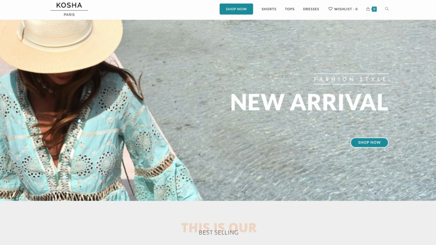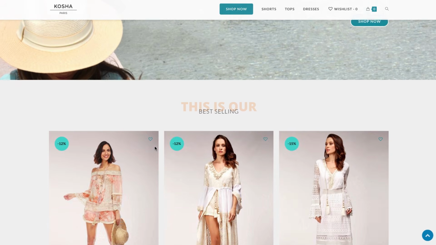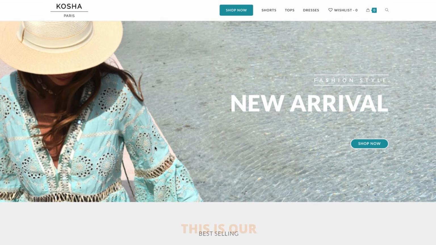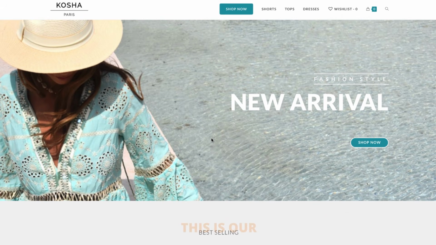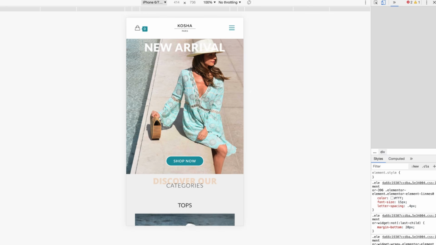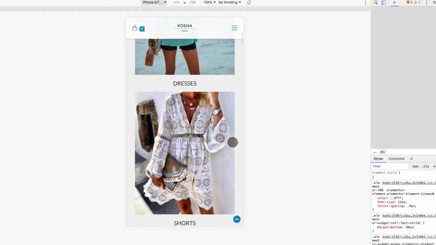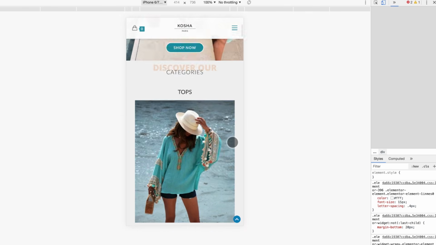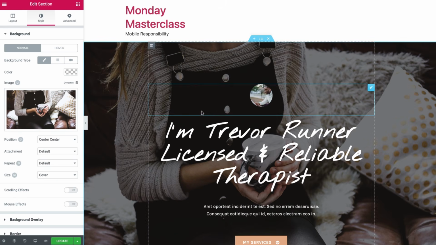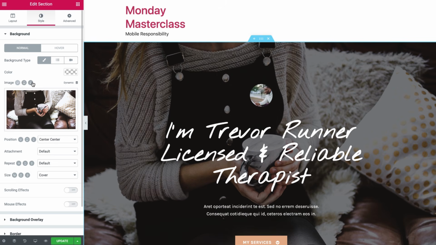In this next example, this background image, which looks great in the desktop view, is obviously no longer suitable when viewing the site on a mobile screen. Here, the designer solved the problem by choosing a different background image to appear only in the mobile view of the site. Back on our therapist's page, I'm going to select the section and in the editor under the Style